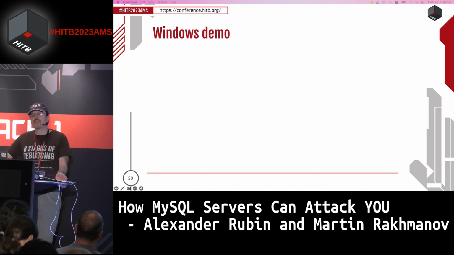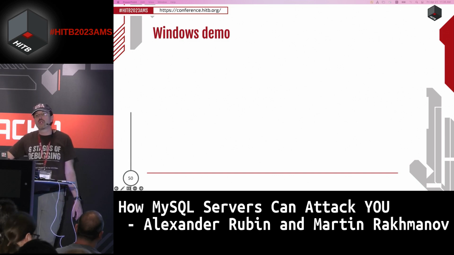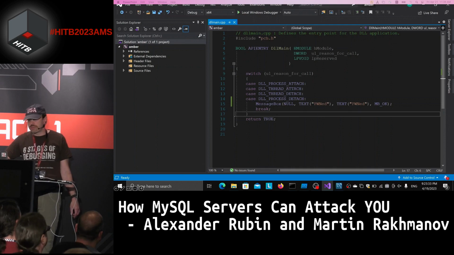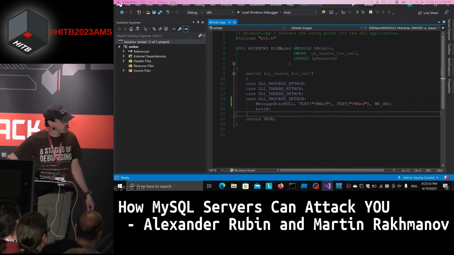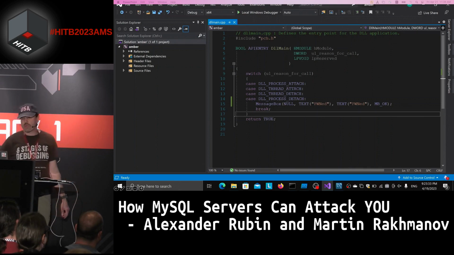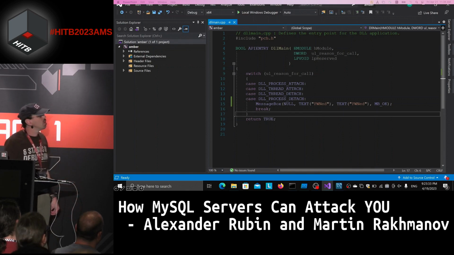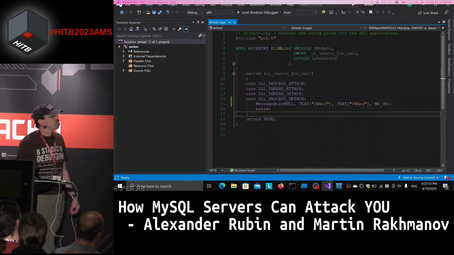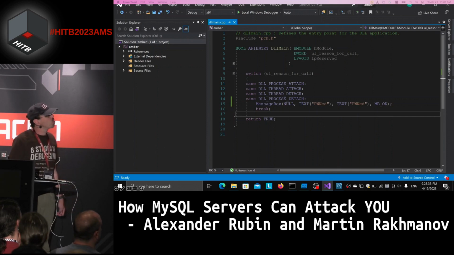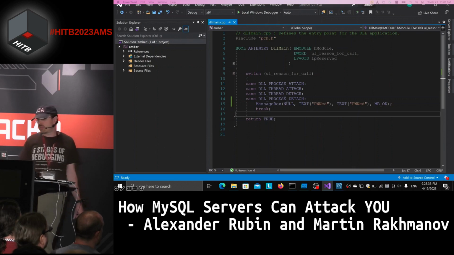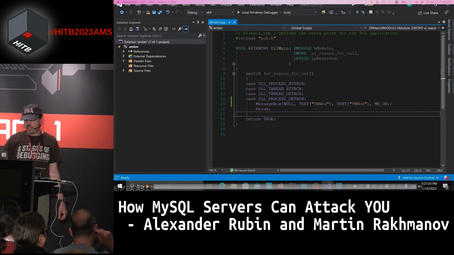It actually has the ability to load a library using the LoadLibrary call. So Martin has recorded this for Windows. This is a DLL code, and the DLL code will do the message box to demonstrate that this code has been executed. So let's start that